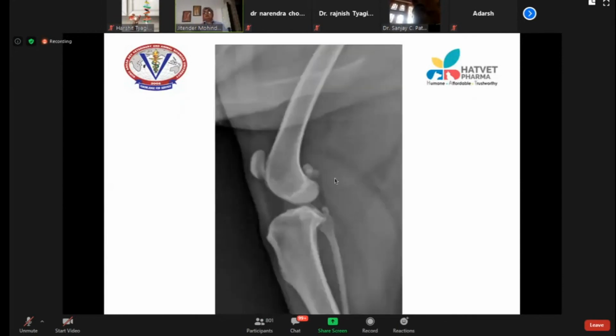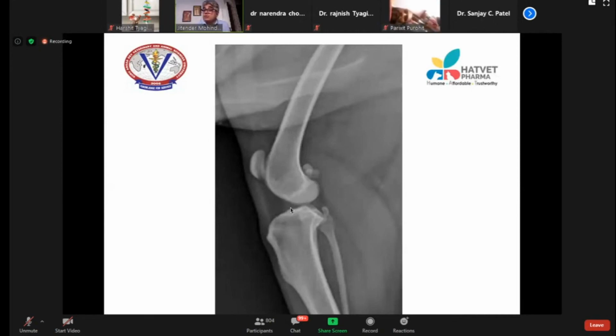Now, this is one of the most challenging radiographs in veterinary practice, that is seeing the stifle. Now, dog. And here, again, this fat plays a very important role in diagnosis. So if you see these two black parallel lines here, this whole black area, that is fat. This is called the infrapatellar fat. This infrapatellar fat should be present in a healthy dog.